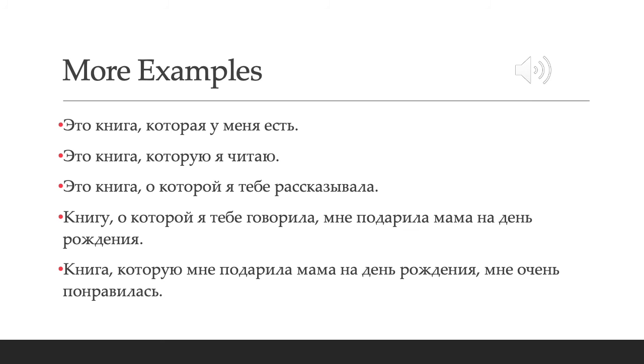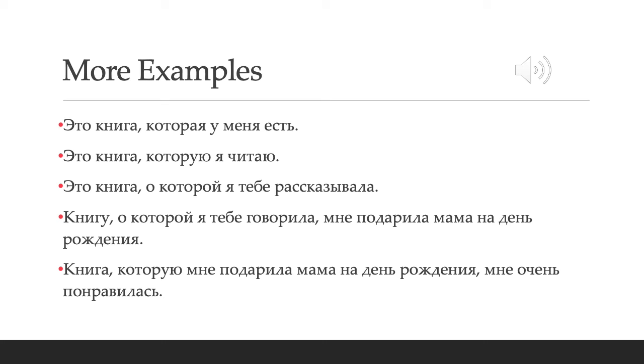Here we have a similar but slightly different sentence. Книга, которую мне подарила мама на день рождения, мне очень понравилась. The book my mother gave me for my birthday really pleased me, or I really liked the book that my mother gave me for my birthday. Once again, we have three clauses in this sentence, and they're all set off by commas. So, книга, comma, которую мне подарила мама на день рождения,